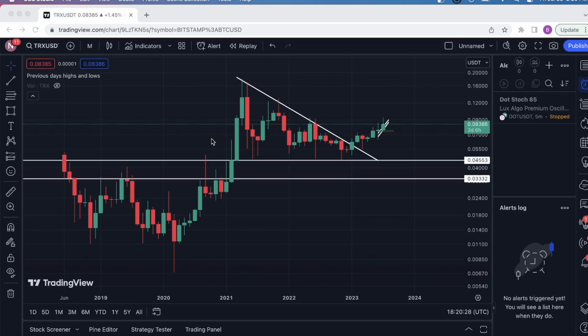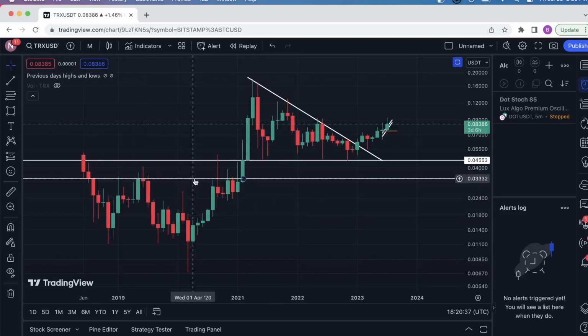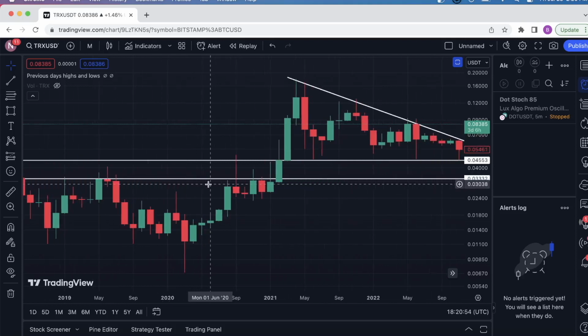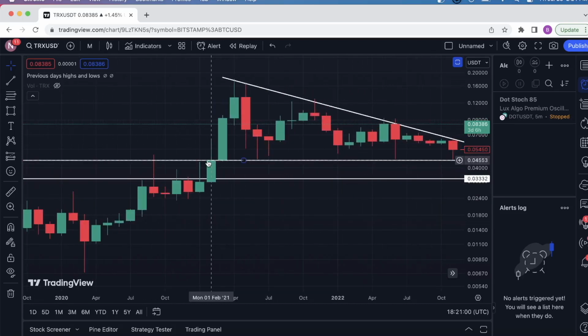Okay, so yeah, back to Tron on the monthly. If you're going to trade Tron, I've marked out some very significant levels that I think are good to draw on your chart. So this one right here, this horizontal trend line, just draw it right above this candle body here. So you see the wick came up, and as the monthly candle closed, we sold back below it. Draw it right there at around 0.03332, and then the next level, I drew it basically at the top of this candle body at